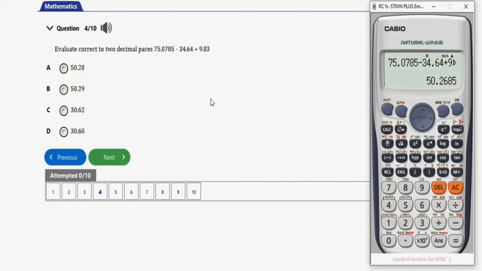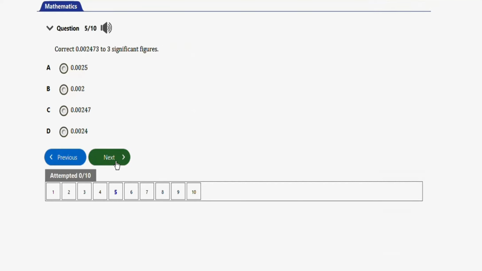Okay, so that's it for this question, guys. Let's remove this and solve the next question. So this one says correct this value to 3 significant figures. So as usual,